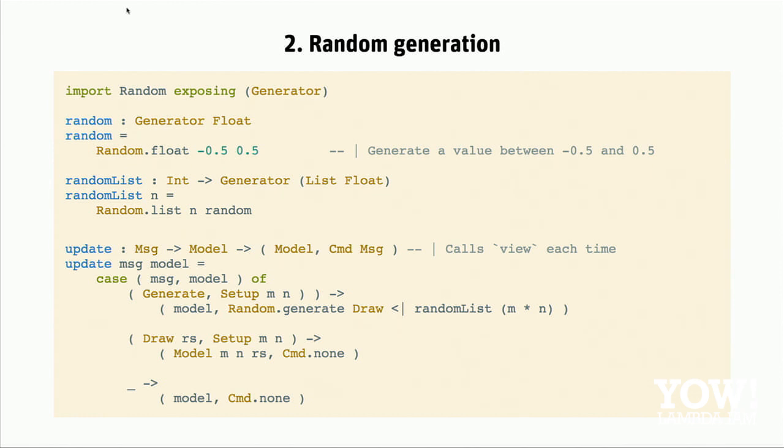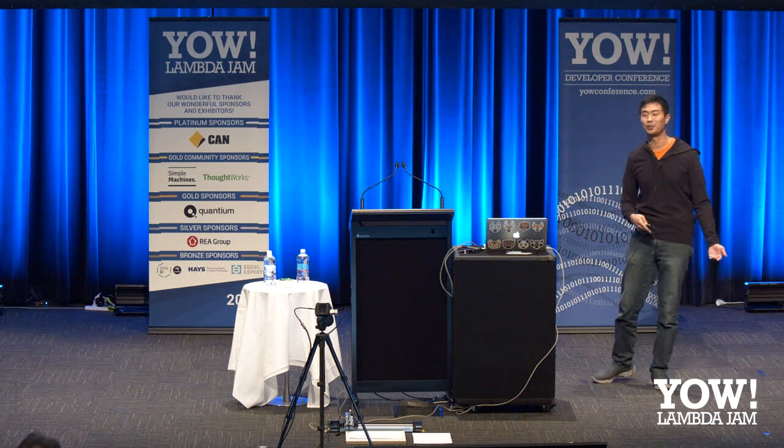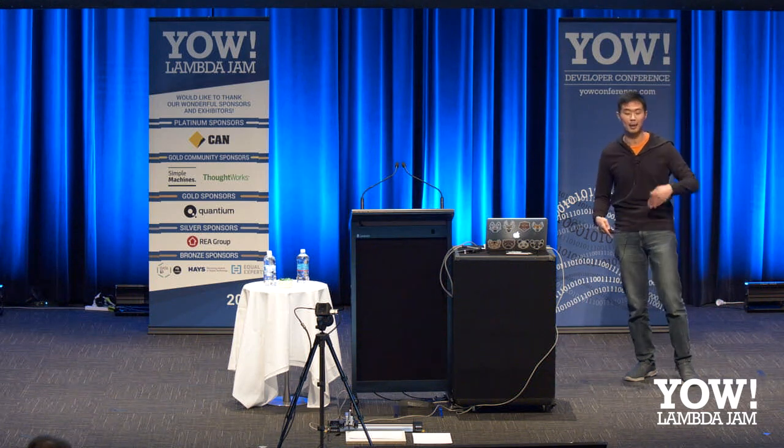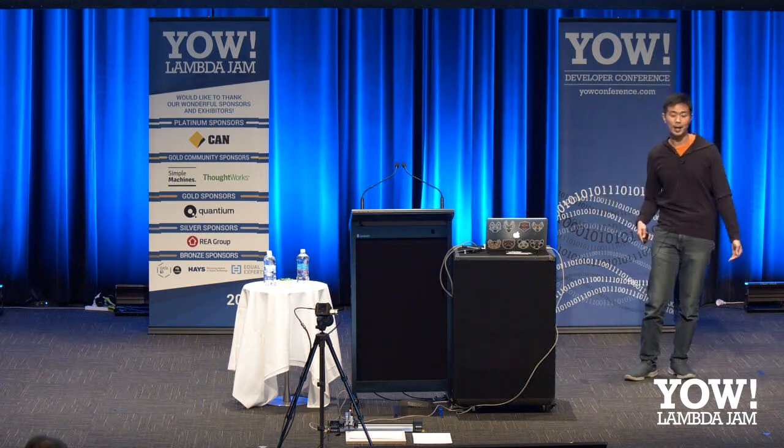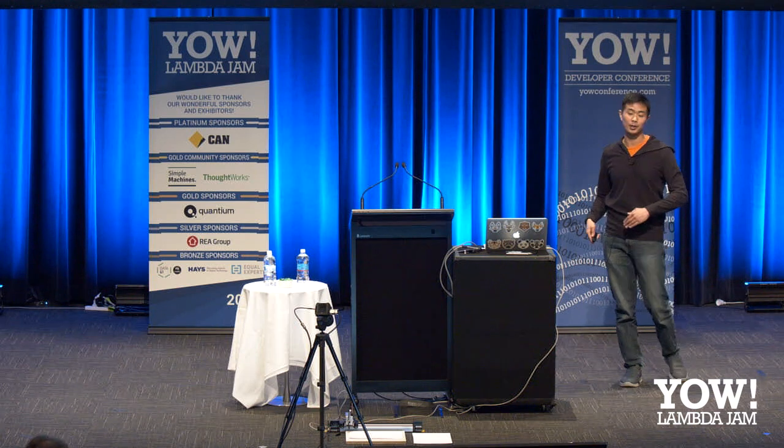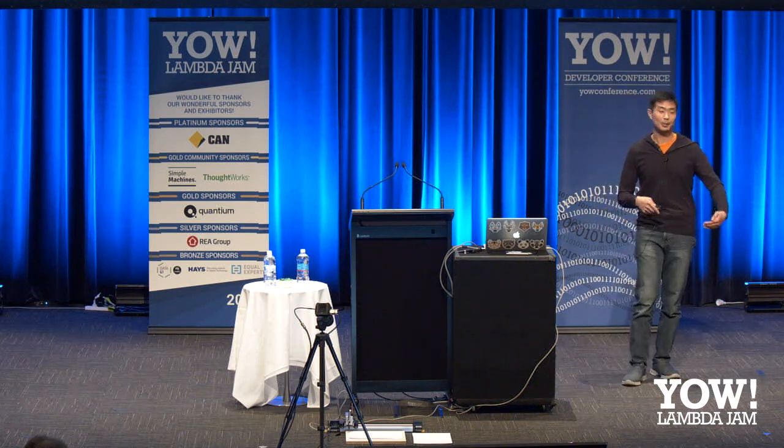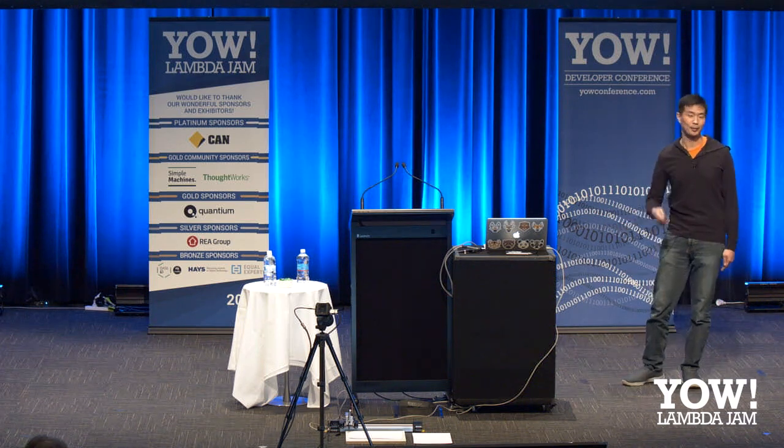Well, luckily in Elm, it has this construct called the command. The command is kind of Elm's way of saying, I'm going to do something on the side that's not quite pure, but I can wrap it up in a pure way that doesn't quite disrupt the program logic. Everything will still type check, but I can affect something into your program again in the next update, right? So in this case, I can use the Random.generate function that produces a command, which wraps a message, and the message just tells me, oh yeah, I can generate some stuff, and I'm going to put it into the model